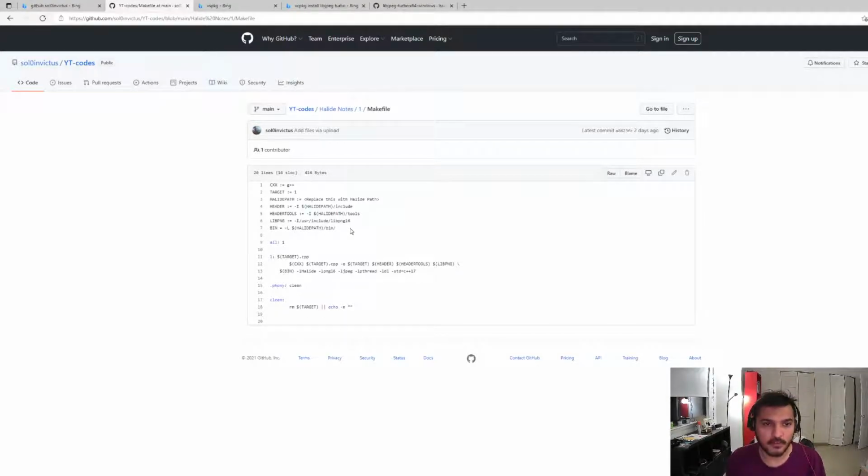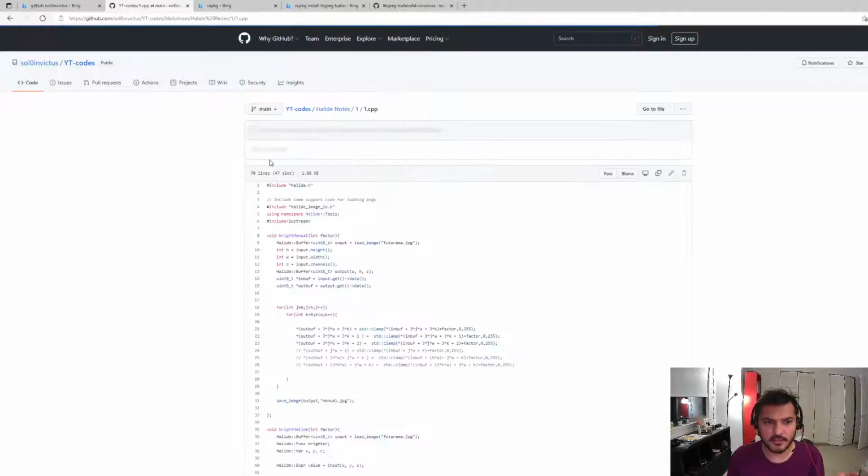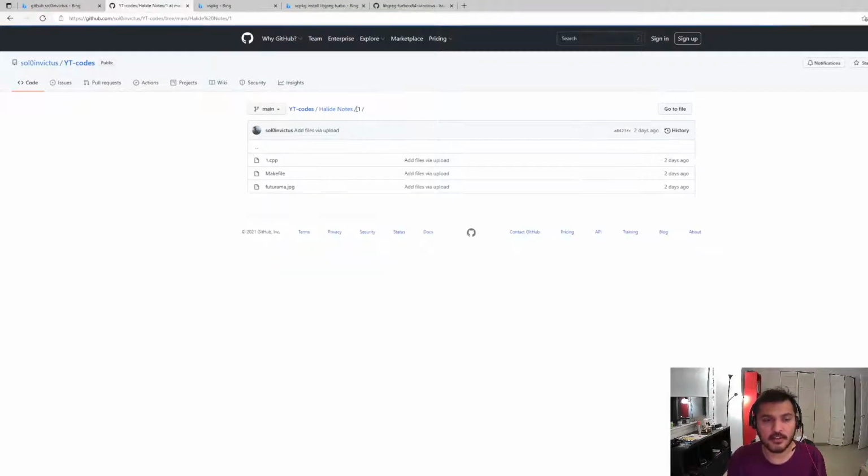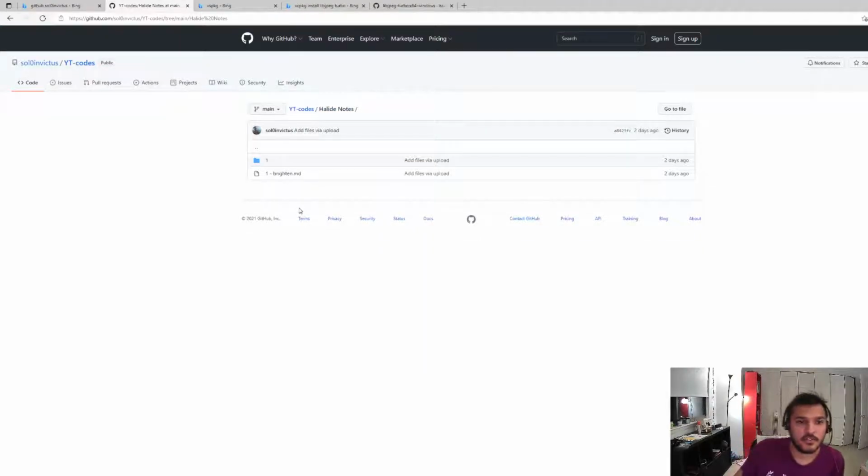But this GitHub tutorial is written primarily for Linux users because I've added a makefile, and all you need to do is just run a make all, and you'd be good to go. So the code is here, and you can definitely play with it. And that's about it. So before I dive in,